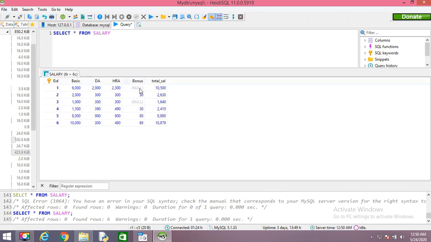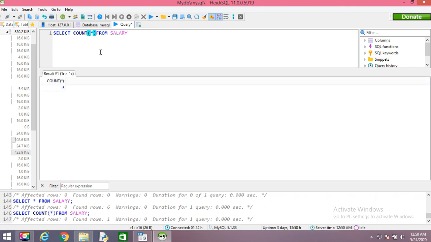Now you can see that in the bonus field there are two records where null value is there. So suppose I am writing here select count asterisk from salary, then you get 6 records. But suppose I am writing here count bonus and then from salary, then we will get only 4 values.